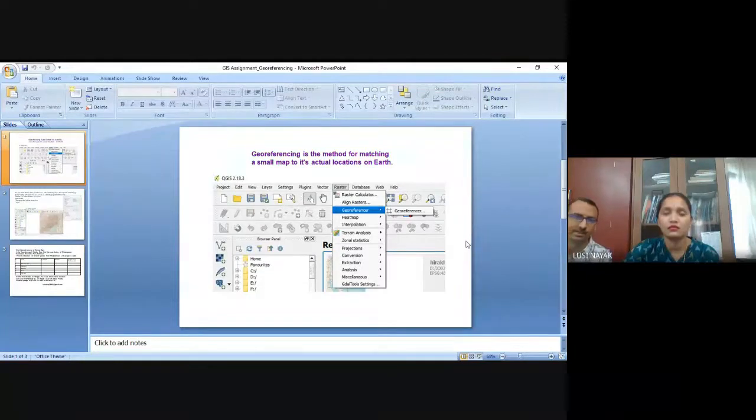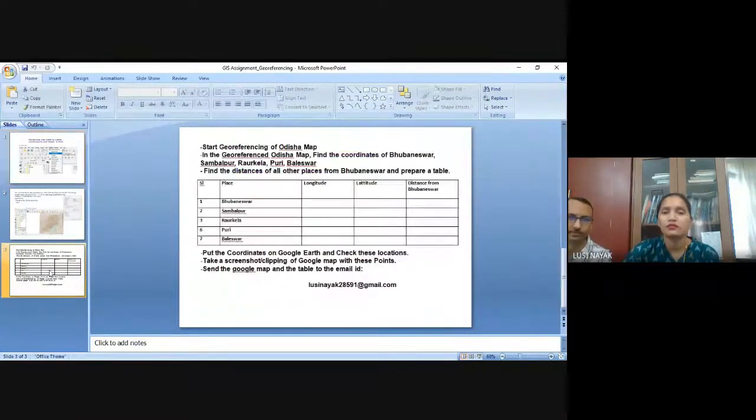And the last slide, go to the last slide. Yes, this is the last slide. And you have to send us this table as well as the Google Map, Google Satellite Image, Google Earth Map, on which these 5 points are marked.